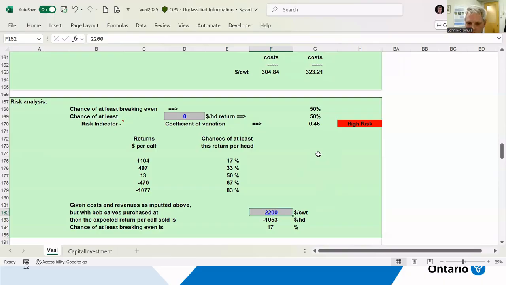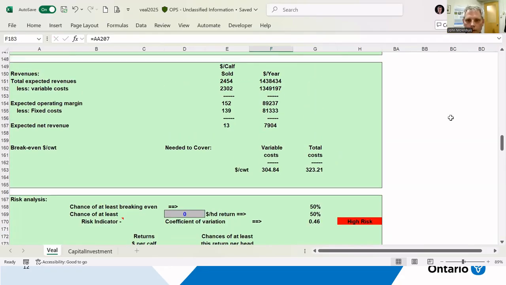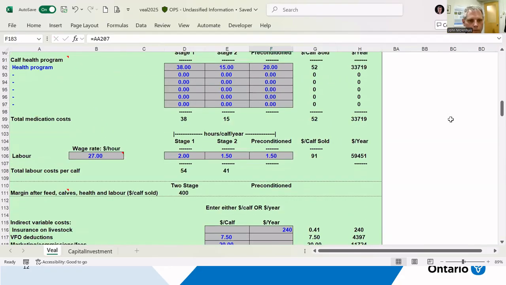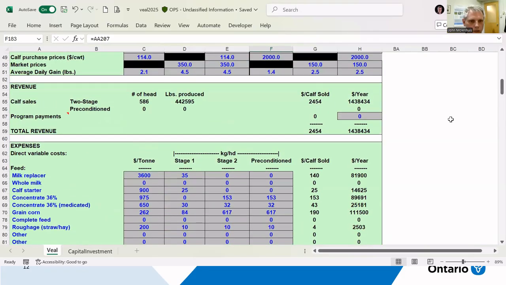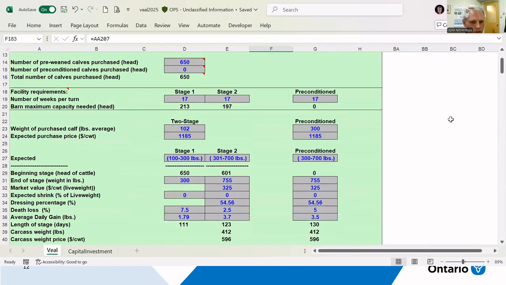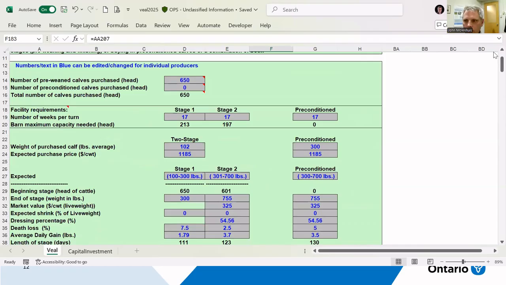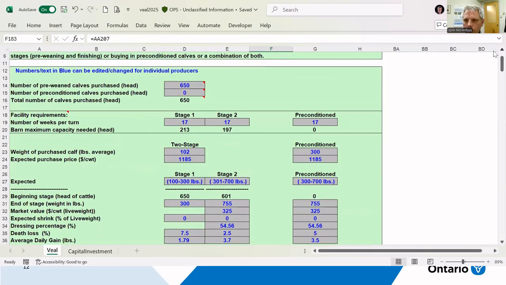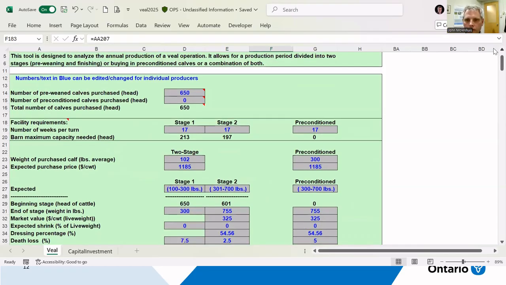So not a big surprise, but it does give you a bit of a calculator here. What if calf prices went back down to 500? What can be some of the impacts of that? So it just gives you a quick assessment, but certainly from your perspective, and like I talked about, the dynamics between calf price and market price are such that it is helpful to look at both